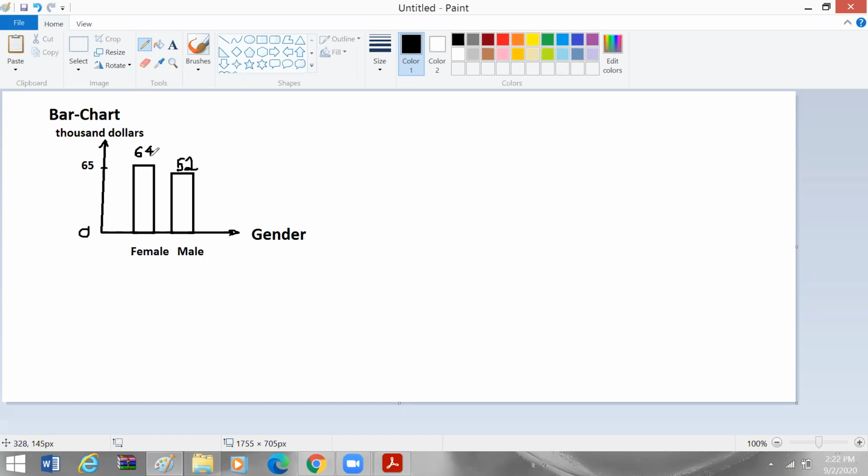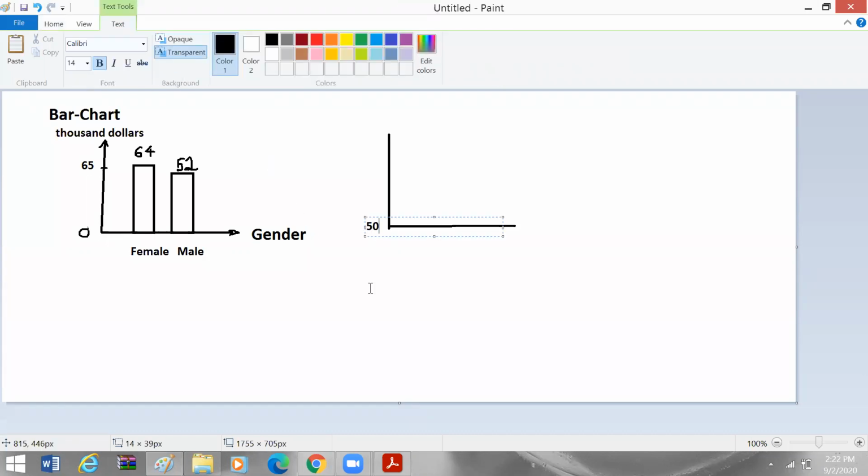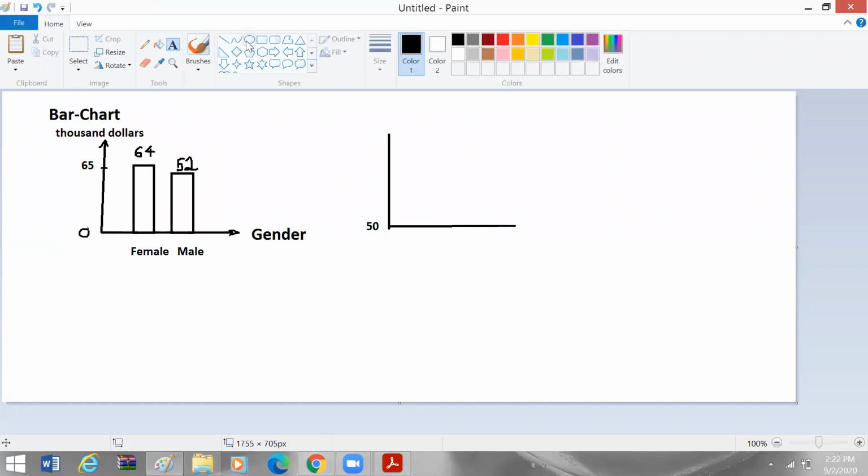All right, so it looks really cool when you look at this chart, but what's going on here is, whenever I draw the pictures like this, it's pretty much the same thing, except for the fact that now, instead of starting from 0, I make the chart start from 50K. Started from 50. And now the male no longer has 52K, because we started from 50, and there should be 52K right there, 2K, right? 52.